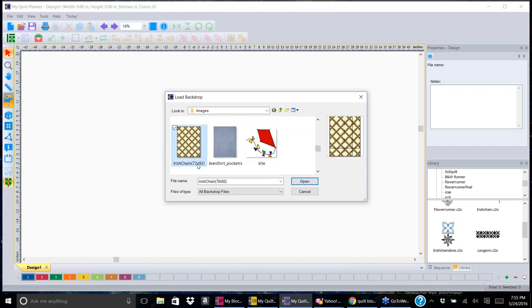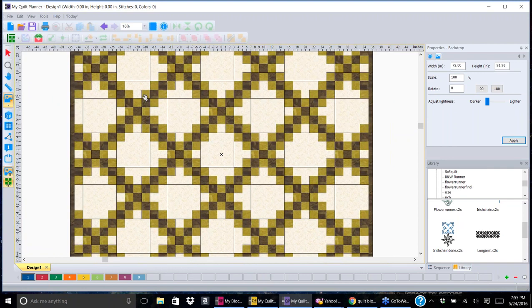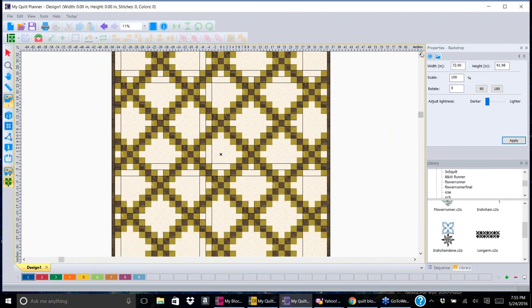Irish chain. Now you notice that it says here 72 inches by 92 inches. That is the size of the quilt. When it comes in, it's like 8 by 10. So I would set that to 72, and you see it goes up to 91.98 inches, so by 92 inches, and apply. Now on my designs,